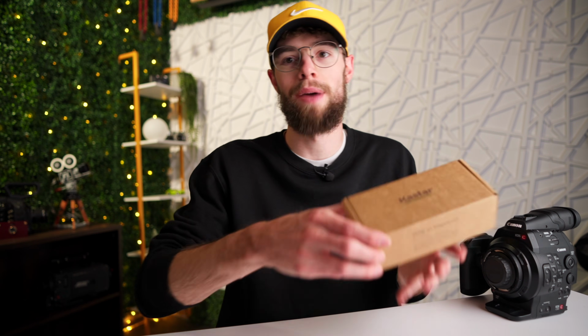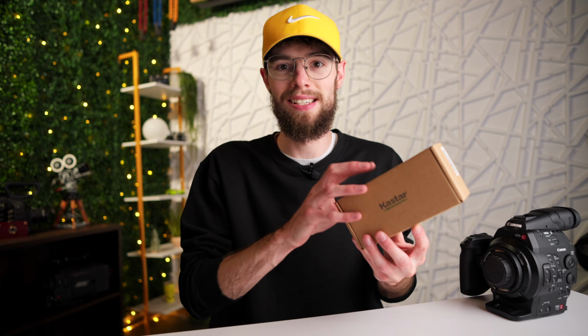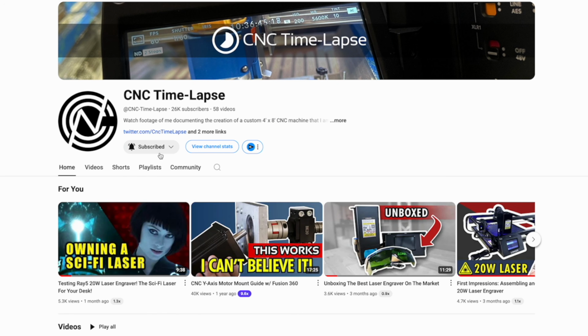I also picked up this power supply for it, so I can provide constant DC input and not have to worry about the batteries. And again, this will also be another little test to see if it has anything to do with the battery power. Now, I also want to give a big shout out to George from CNC Timelapse for helping me brainstorm